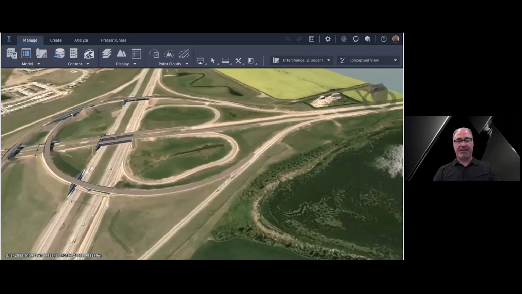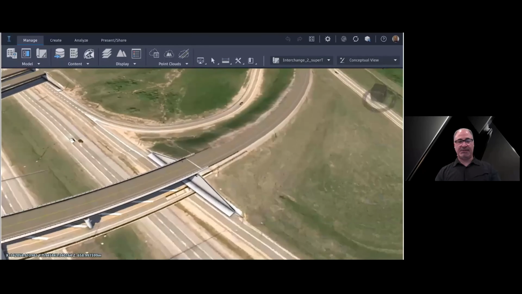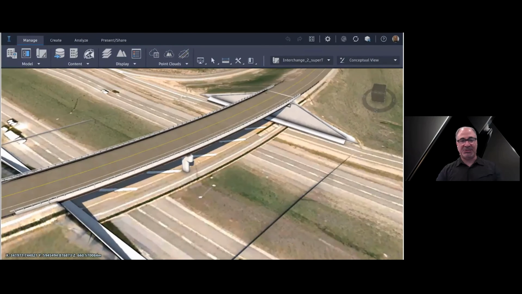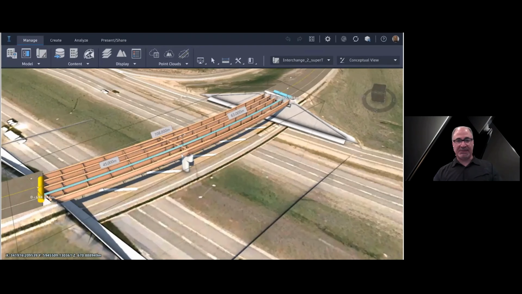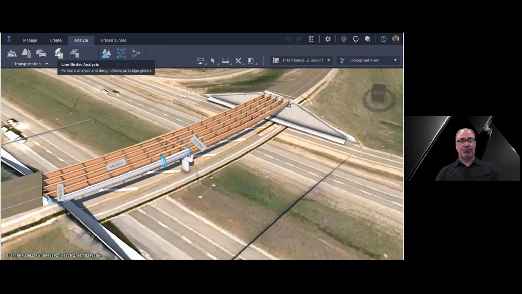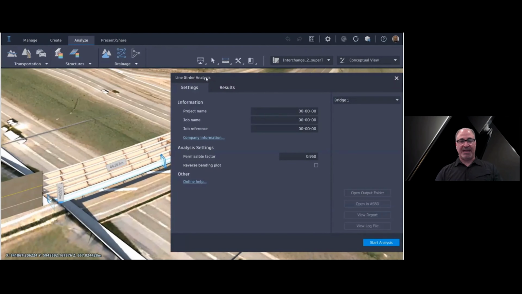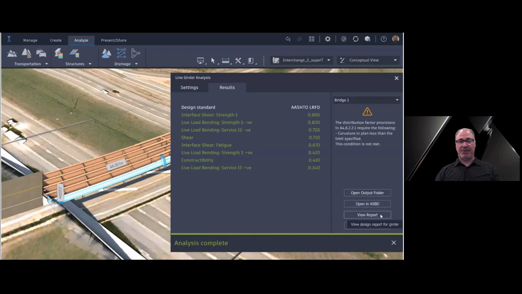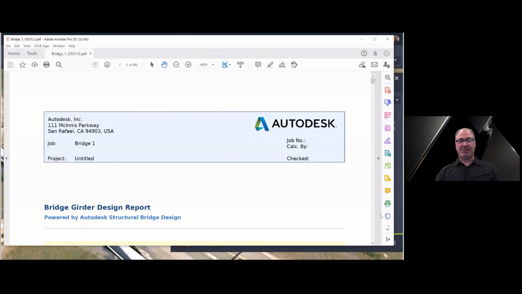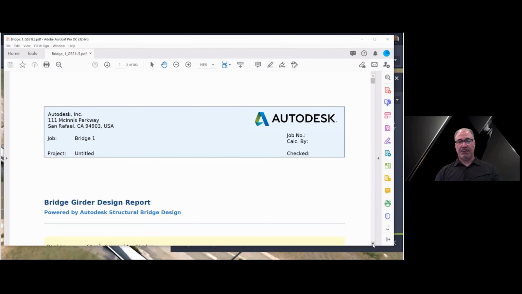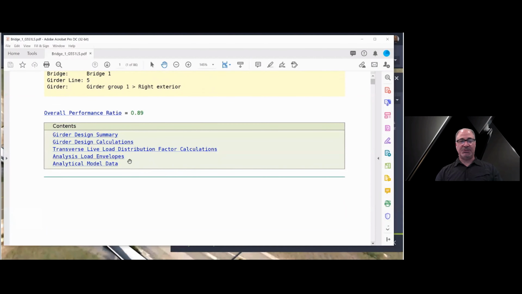Now, the next step is, let's look at some of these bridges more closely. The bridge engineers on the team might get involved and say, well, we have this very detailed property-rich model here, so we can extract information for analysis. One type of analysis would be a line girder analysis. This is a continuous beam model where we extract from the physical BIM model all the geometry of the bridge, properties of the girders, and so on, and create a continuous beam model, and then establish via influence surfaces all the live loading and then the envelopes for moment and shear diagrams.